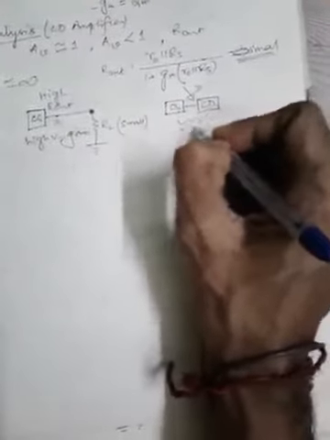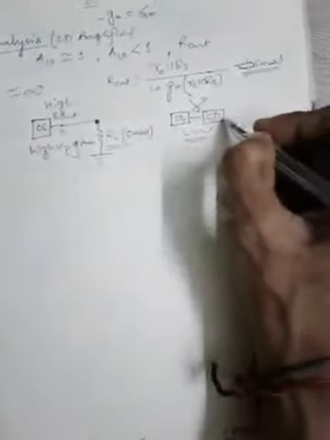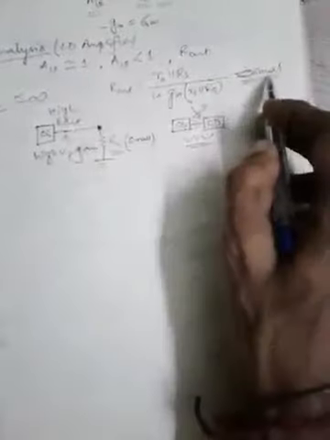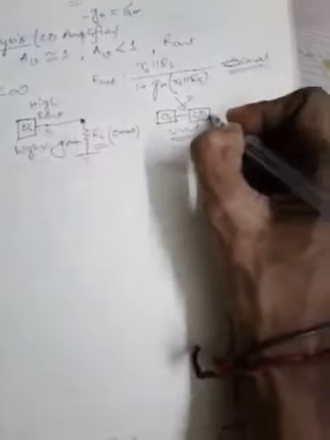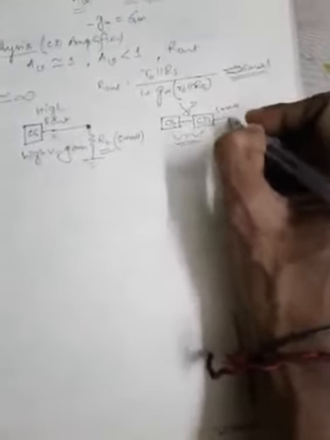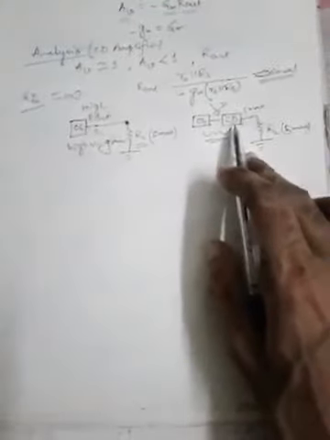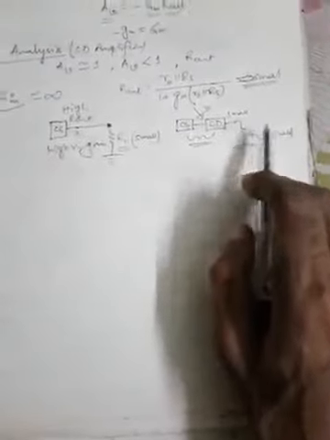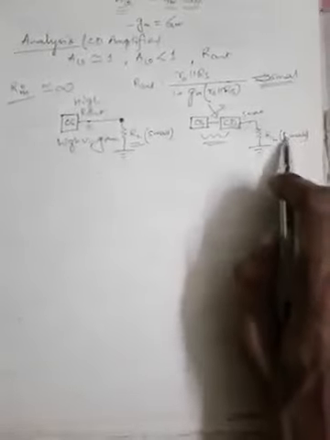So there will be a good matching between these two stages, and for the output load, if it is small, since we are getting a small output impedance of the common drain stage, the output of the common drain stage having small resistance may be easily connected with the low value of load resistance. The output resistance of the common drain amplifier is small, as well as our selected load is also small, so the matching between these two points will be easier.